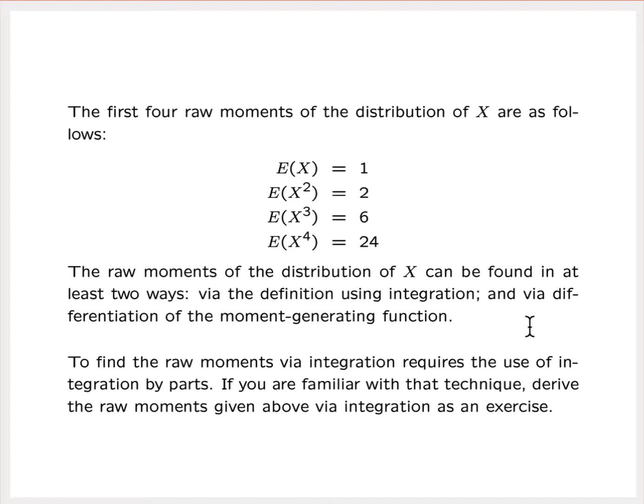It's going to be very simple for us to calculate the derivatives of that moment generating function. And therefore, it will be easy for us to find these first four raw moments using the moment generating function. On the other hand, doing integration by parts, while not terribly difficult, is a little bit more work. And so that's why I'm going to allow you to try that if, in fact, you are familiar with integration